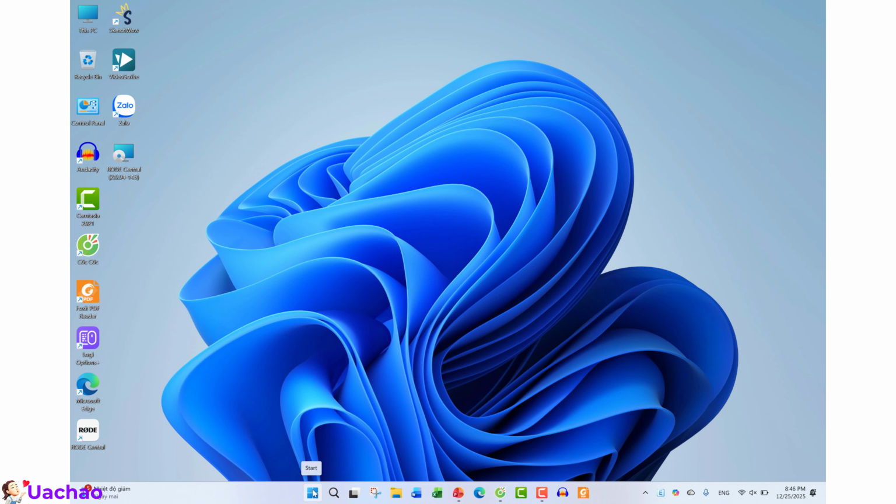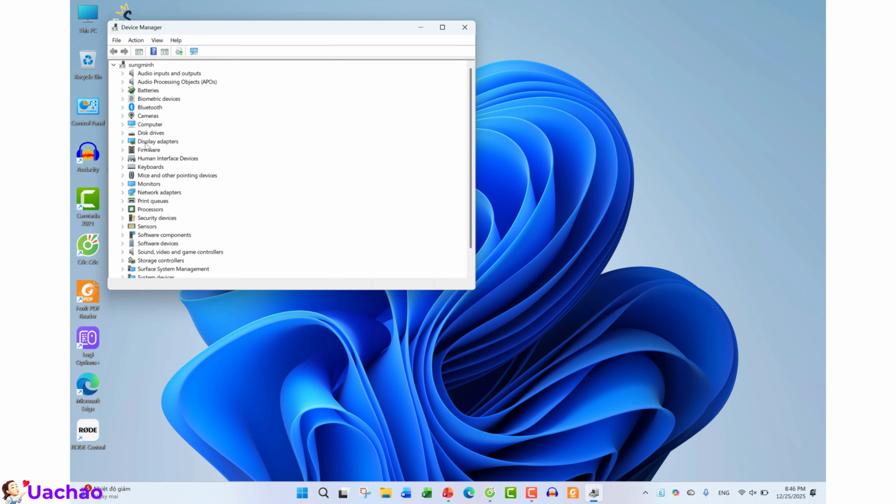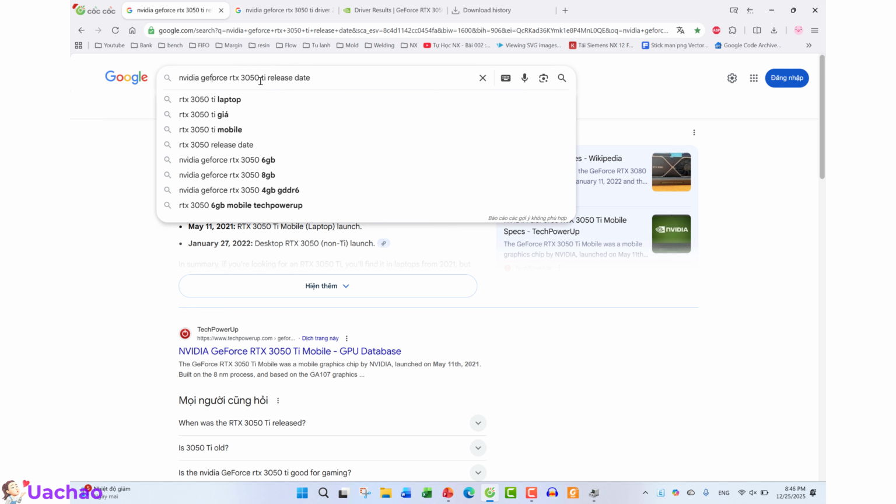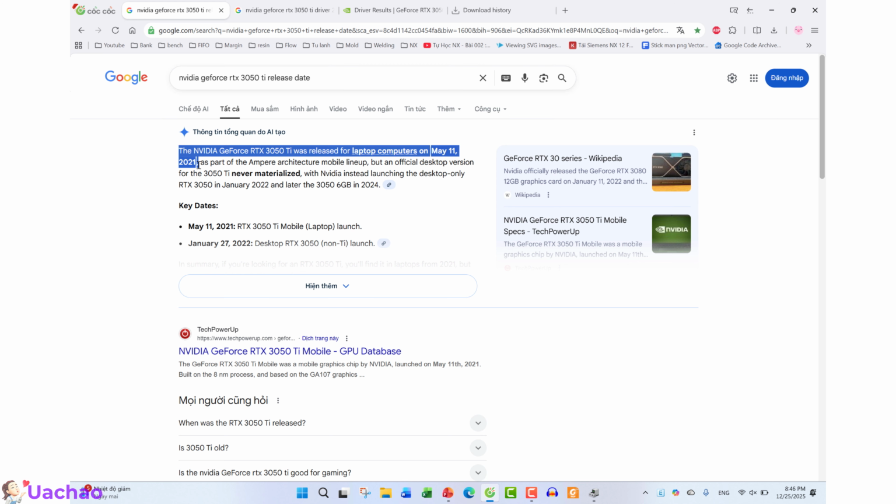Right-click on the Windows icon, select Device Manager, go to Display Adapters, and identify whether your GPU is NVIDIA or Intel. Find out the release year of your GPU. For example, my GPU is an NVIDIA GeForce RTX 3050 Ti, so I search on Google with the keywords NVIDIA GeForce RTX 3050 Ti release date.